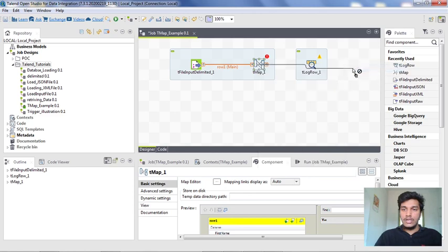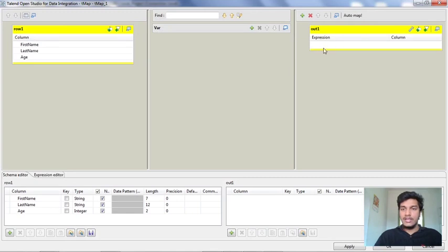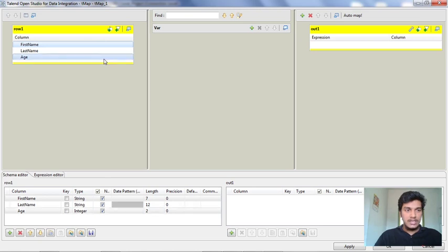So if you click on it and connect it to this row, then it will get attached to that component. But we haven't assigned any schema for it. So what I am doing is, here we have 3 columns, but in the output column I need only first name as well as age. So I am clicking on first name as well as age, and I am dragging it to this output table.